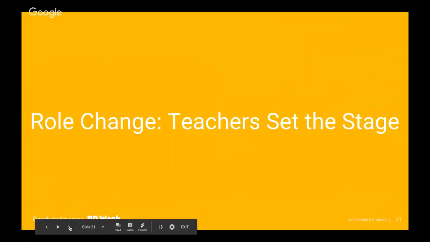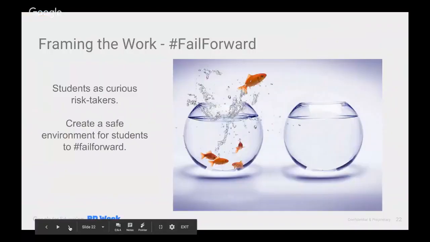So as teachers, we have a bit of a role change from the traditional teacher-directed instruction. We need to do this. We've got to empower our kids. Teachers' job is now not so much to be dispensers of knowledge, but to create environments where students will be willing to take risks and try new things. And